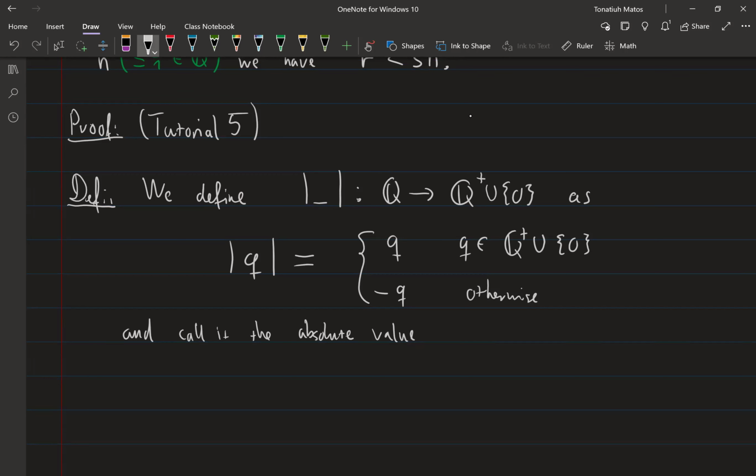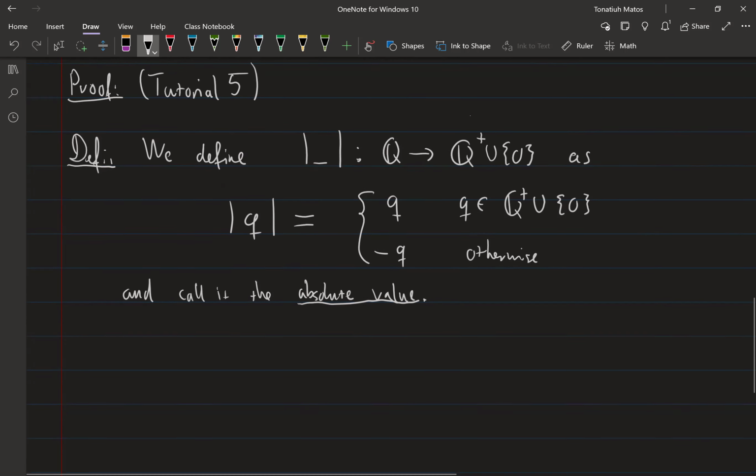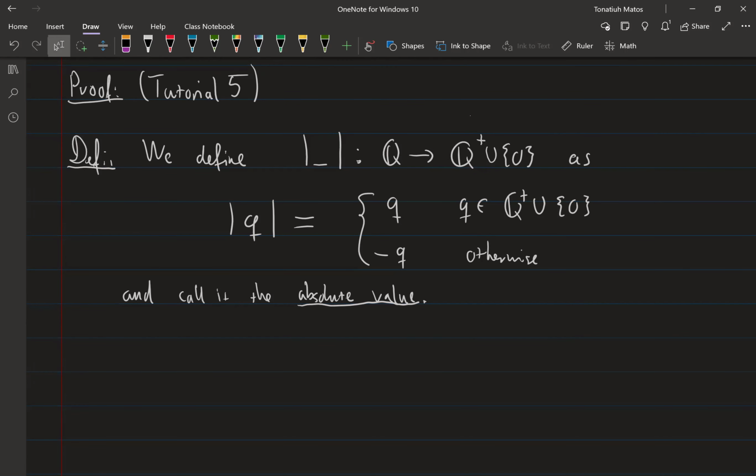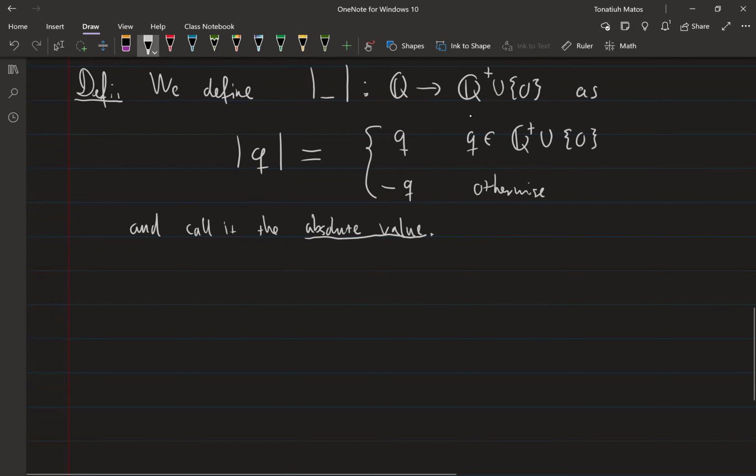Right, so this is just a very formal way of saying what the absolute value is. The absolute value is you take away the minus sign if it has one, right? You take away the minus sign. So if you have a rational that is positive, then you don't do anything to it. You get back the same thing, as here. If it's negative, then you have to flip the sign to make it positive,